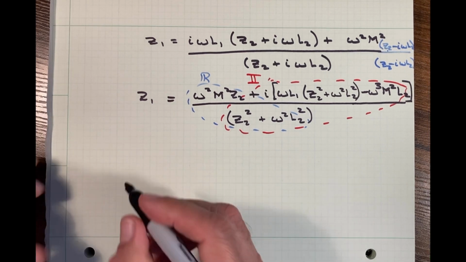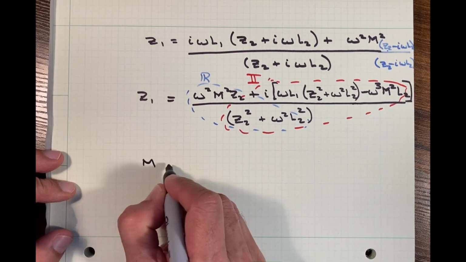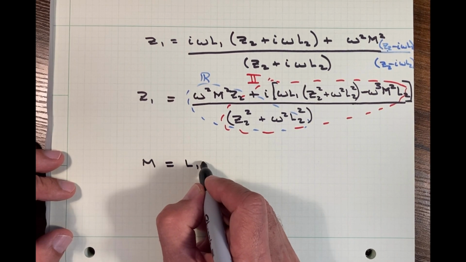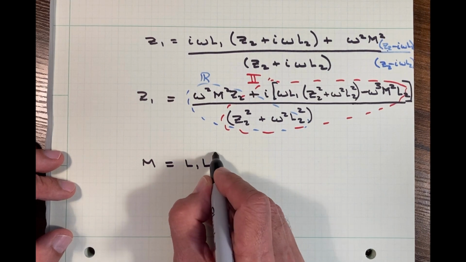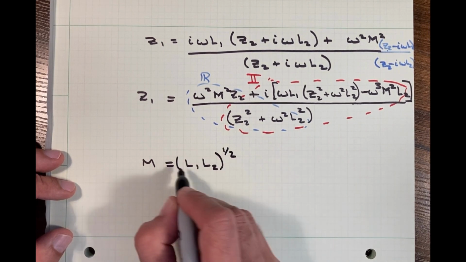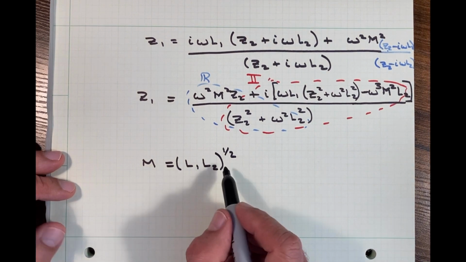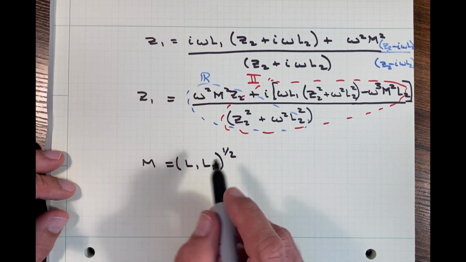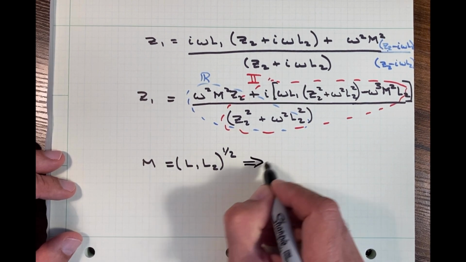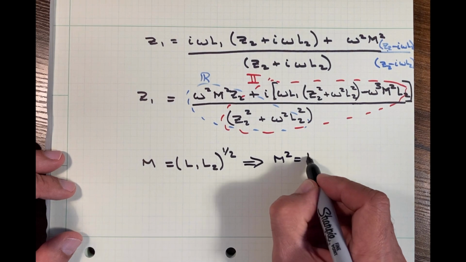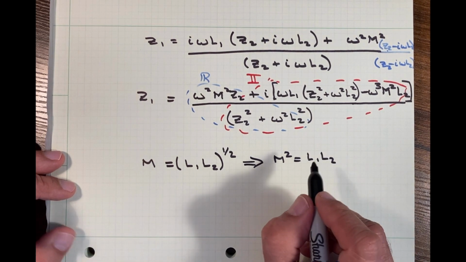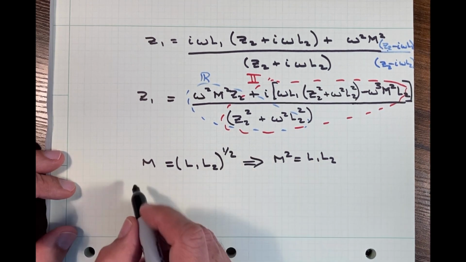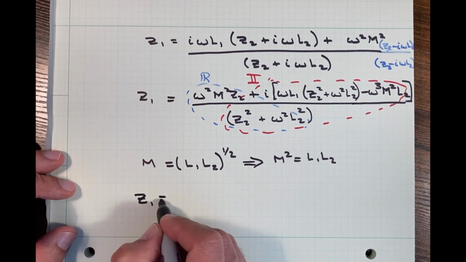The other thing to notice now is that magnetization, through a result that we're not going to derive here, is essentially equal to, in an ideal situation, the square root of L1 times L2. If you're not in an ideal situation, you start with a kappa factor. This implies that, of course, M squared equals L1 times L2. Now we rewrite the upstairs with this finding right here, and we end up with